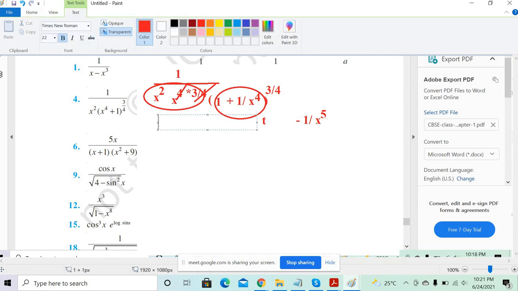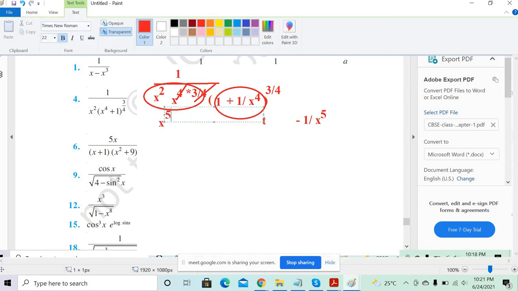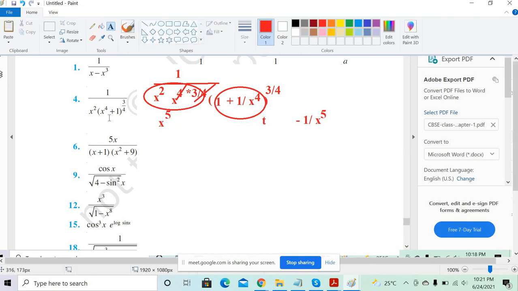Got it? Understood? Yes, I understood now. Is your question answered? Why am I taking x power 4 outside, and how can I take it outside? I got it, sir. Now try it. All these kinds of questions are that only; you have to do this. It's just differentiation. They want to confuse you that when you differentiate any reciprocal, the power will get increased, and the increased power is already outside in the denominator power. So you should not get confused.